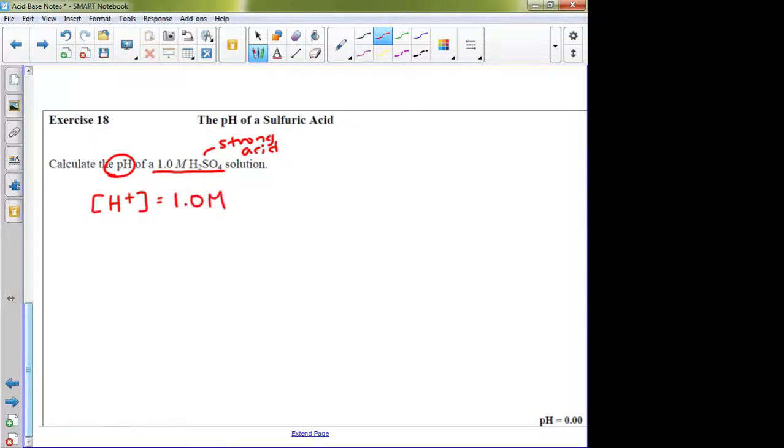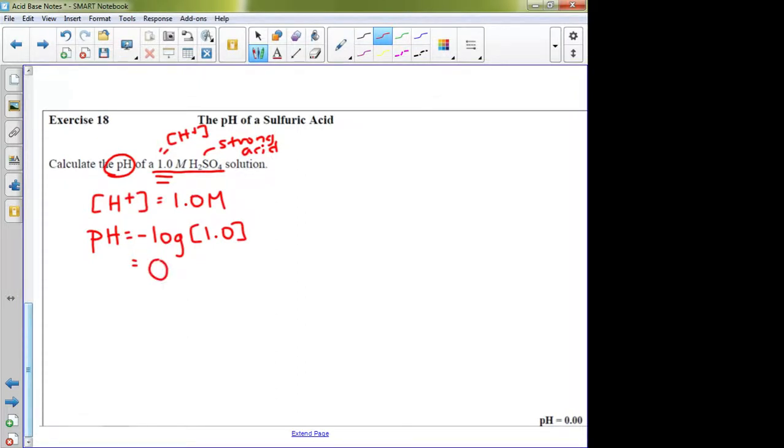1.0. Remember, if I have a strong acid, the concentration of my acid is the concentration of my H positive, right? Okay. The only exception to this rule is H2SO4 if it's more dilute than 1.0, but this isn't more dilute, this is 1.0. So all I have to do to get the pH is say pH is equal to opposites alike of 1.0, and if you put that in your calculator, you should get